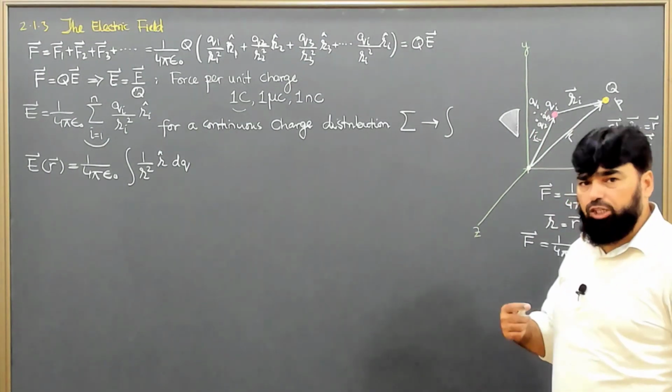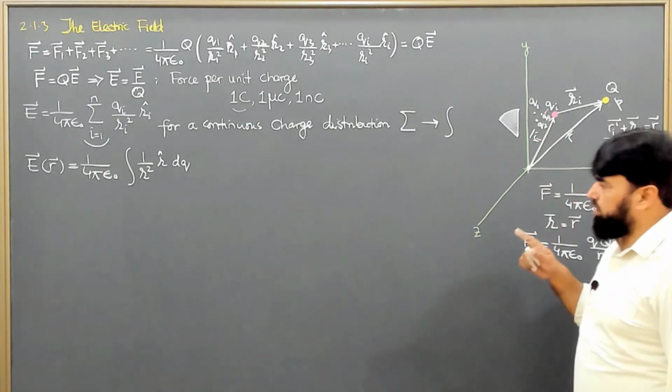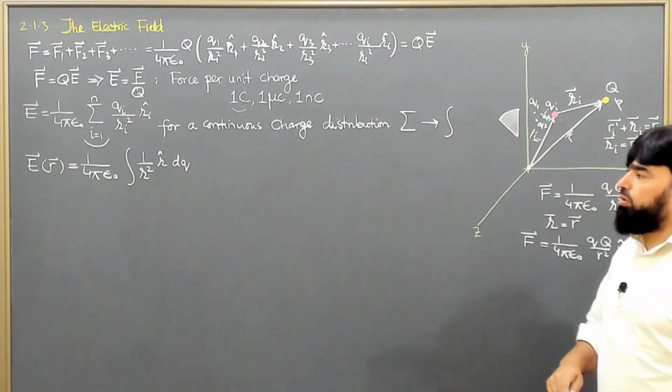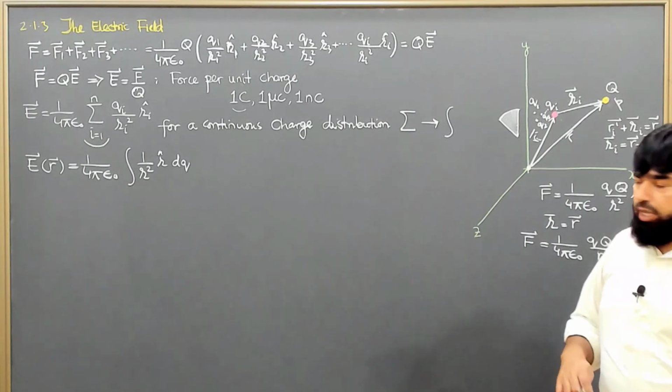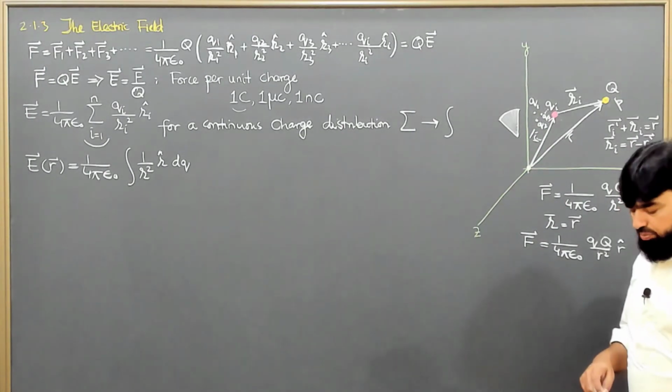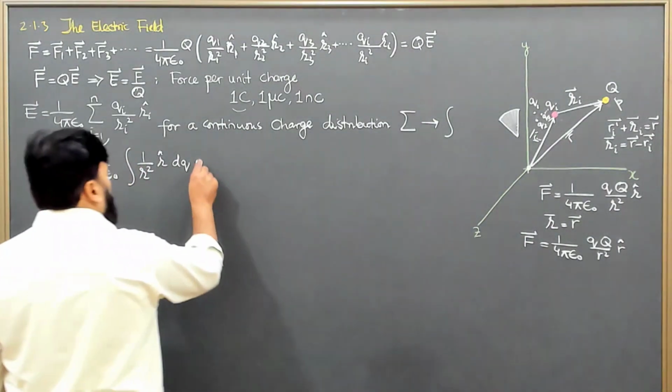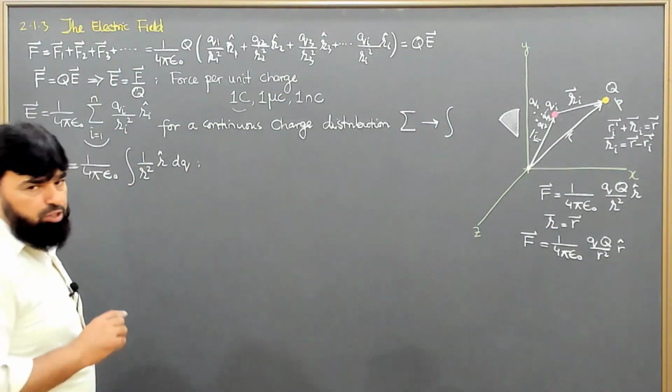This is a fractional charge, the smallest possible, and we will integrate it and find the whole charge. And it depends on the geometry, what kind of geometry we are